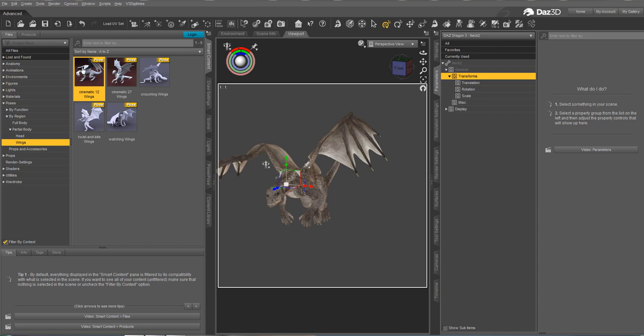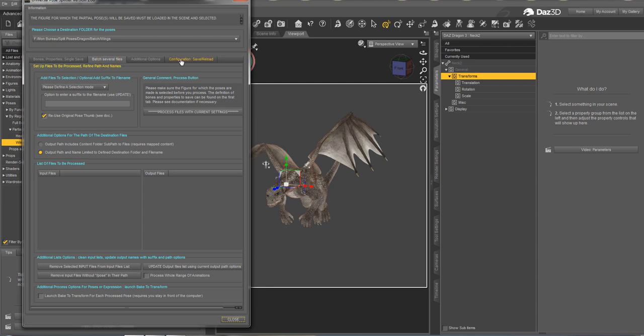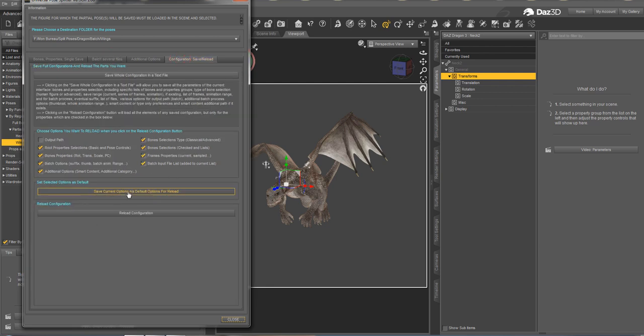And this way you can create more. We could have batched 20 or 30 files. I don't know how many files we had. We could have processed them all, and you would have plenty of wings poses, and then you could have created plenty of head poses, of tails poses, and this very easily, because the only thing you would have had to do is